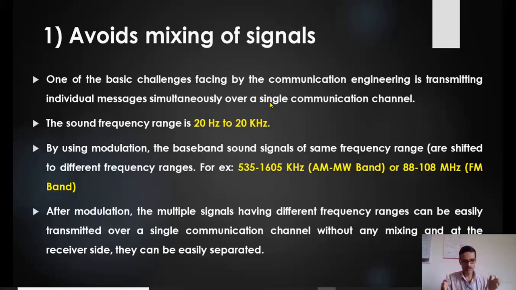Here, does the mixing happen? No. So what is possible here is we can avoid the mixing of signals, and multiple stations can send their signals over the common channel. We say multiplexing. So multiplexing is possible by using this particular method. We can avoid the mixing of signals because we are translating each station into a specific carrier frequency. It may be FM modulation, or it may be amplitude modulation, whatever. So mixing can be avoided by using this method.